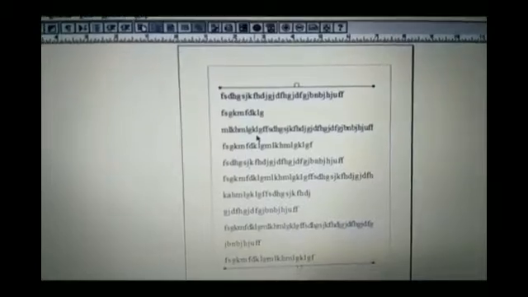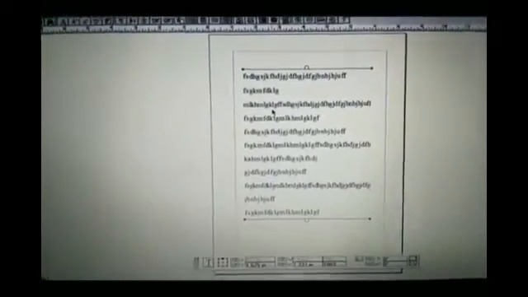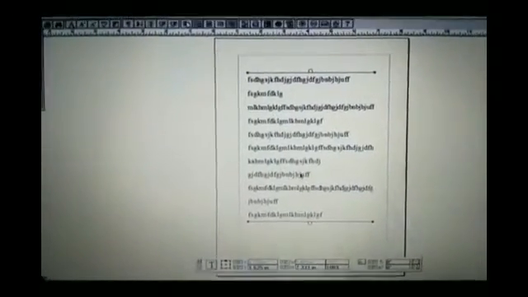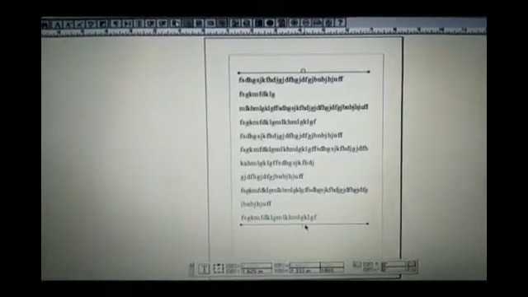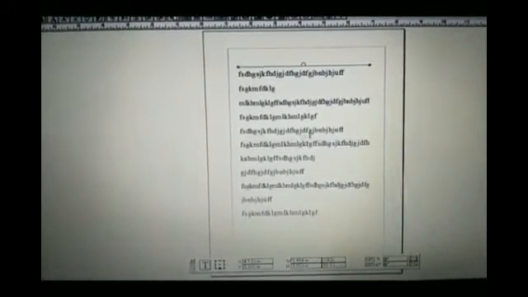So now the text block got selected. How to split the text block into two? We must place the cursor at the bottom handle, press the left mouse button, and drag it.